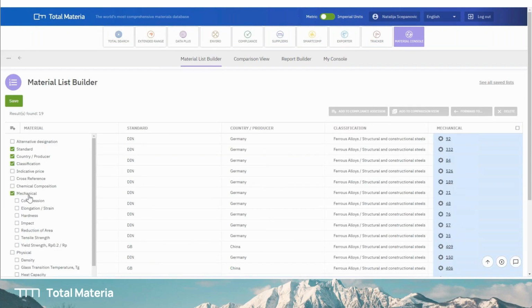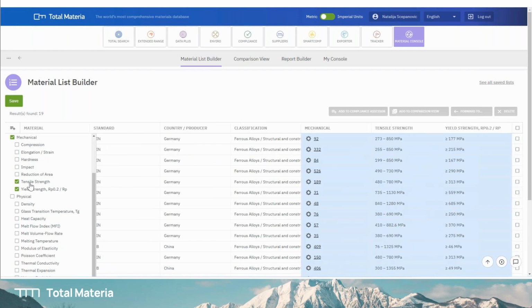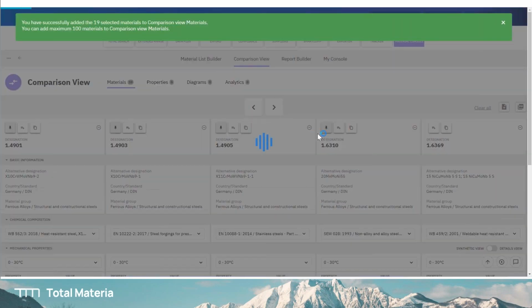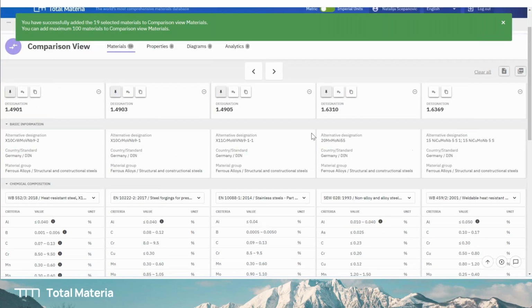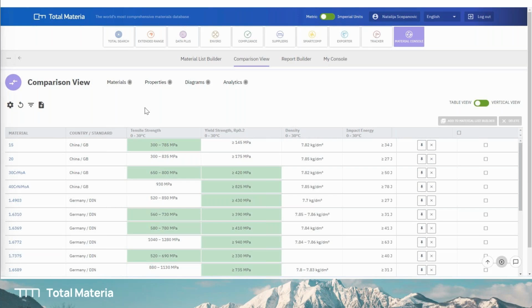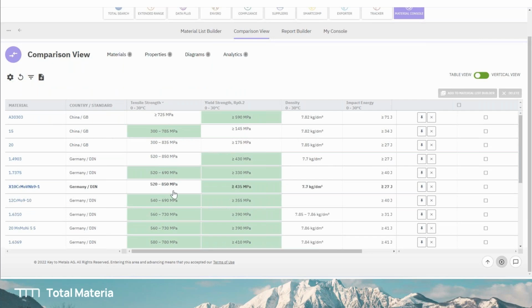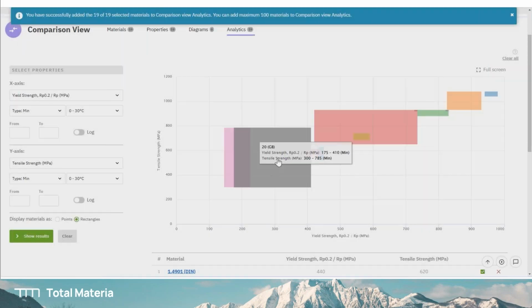With one click, you will be able to reach the mechanical and physical properties of these 19 different materials to see which one of those has the most durable yield strength. And you can compare these materials side by side. You can forward these materials into analytics, and you have a lot of different options to compare these materials and find the best candidate easily and really